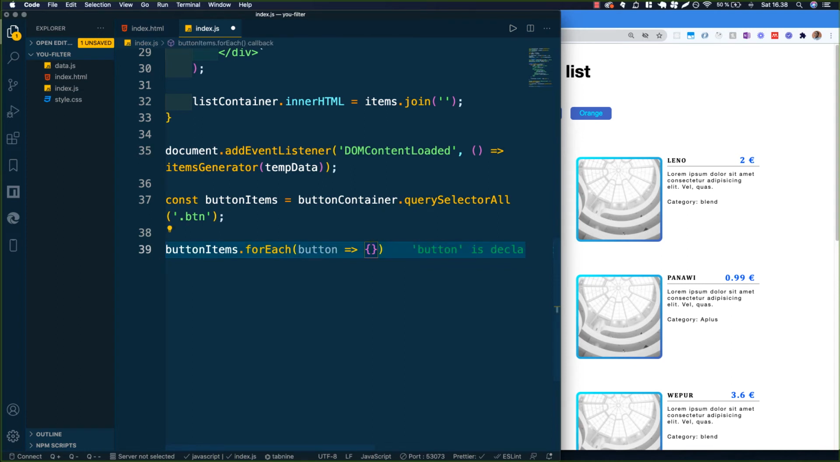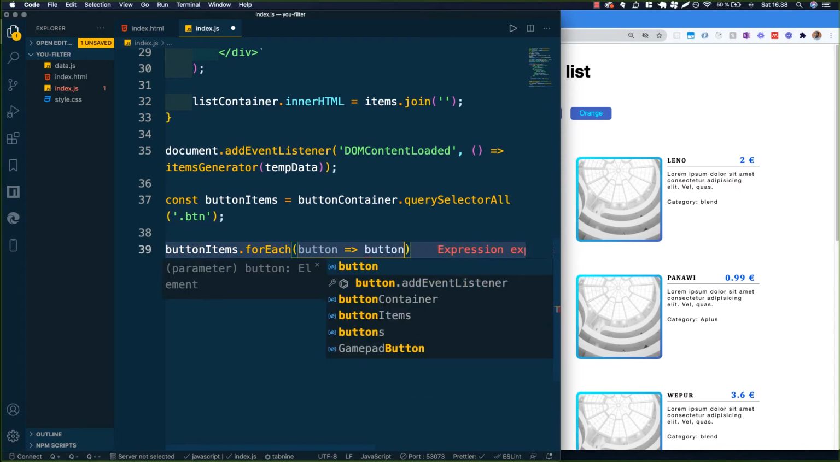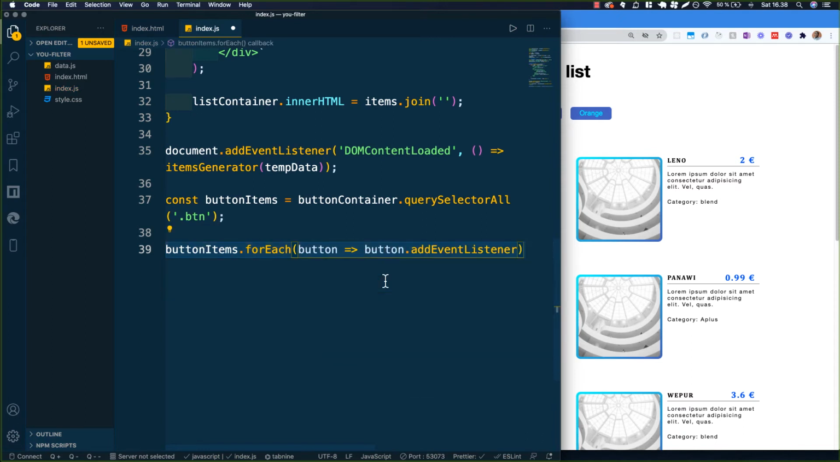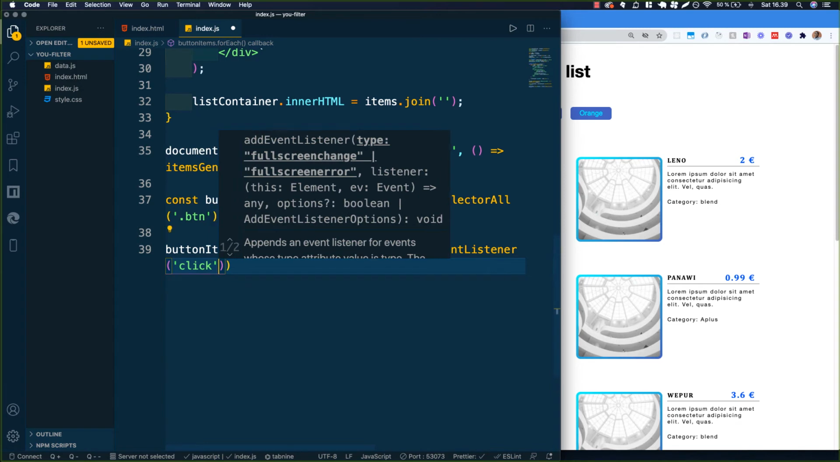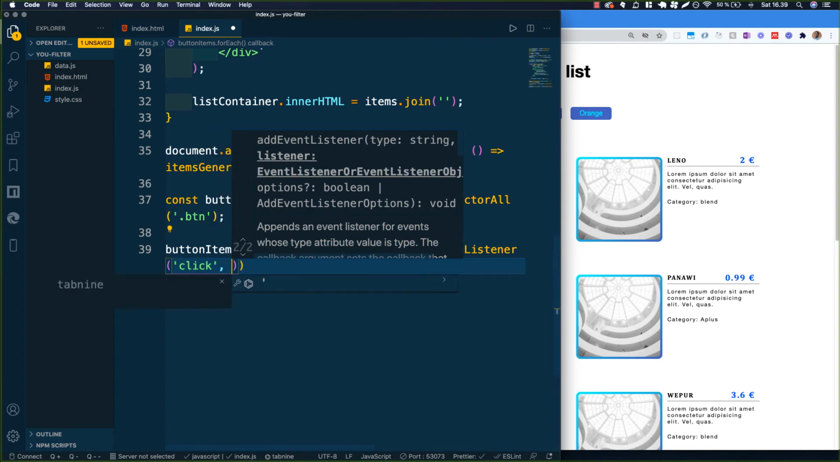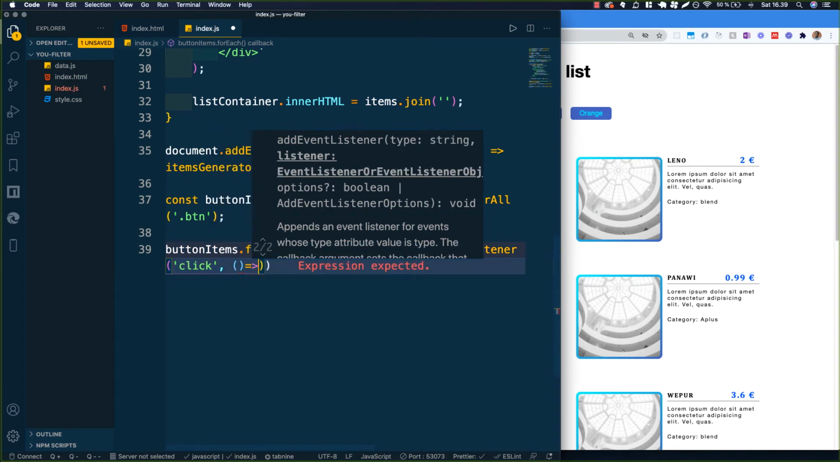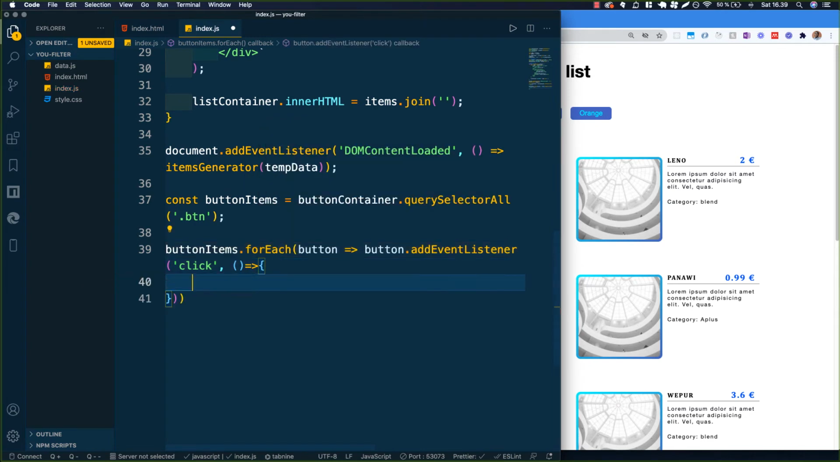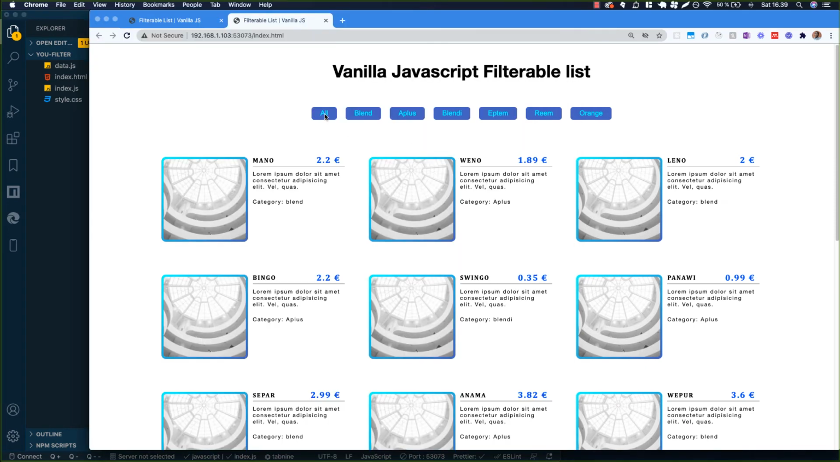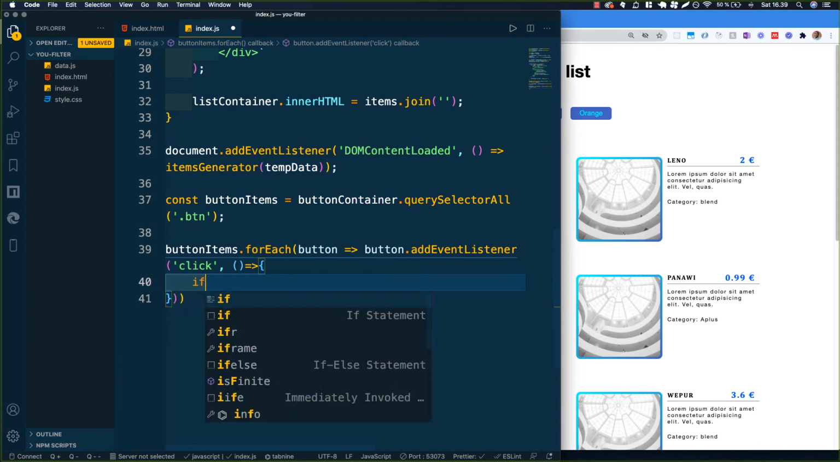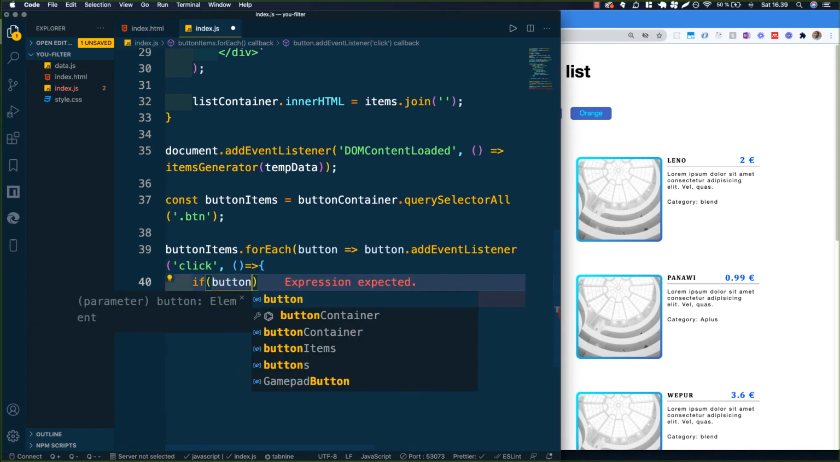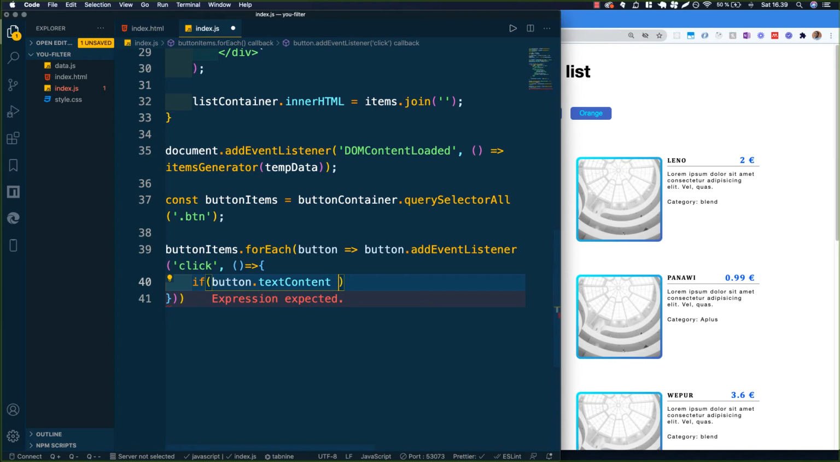Then on each button we want to do something. We want to listen to an event, and that is a click, right? Then after listening to a click, we want to run a function. With this function, we are going to check what we are clicking. Is it all, or is it a specific item? So let's continue. I can say if button.textContent equals all, then